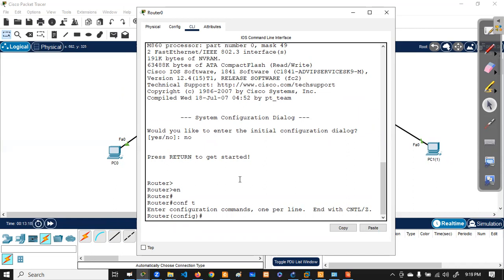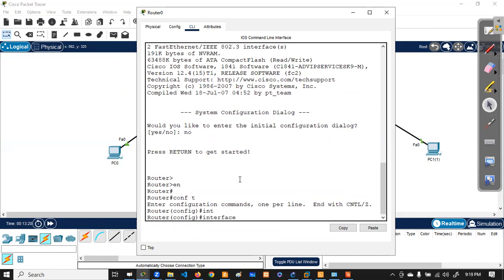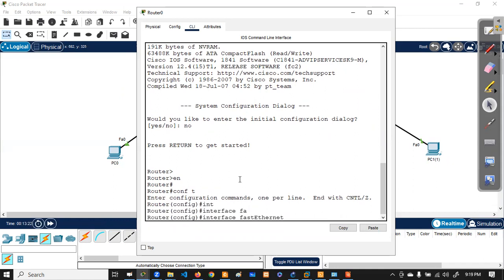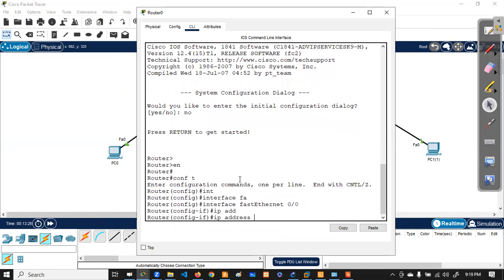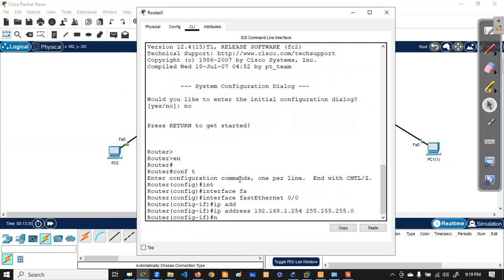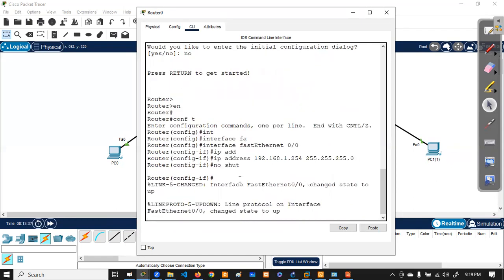I'm going to assign an IP address on the interface FastEthernet 0/0: IP address 192.168.1.254, subnet mask 255.255.255.0. Then no shutdown to bring the interface up. Now it is up.